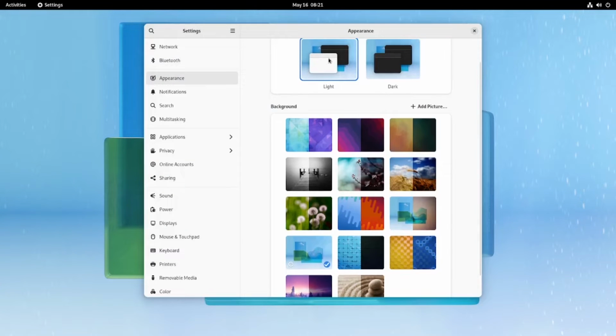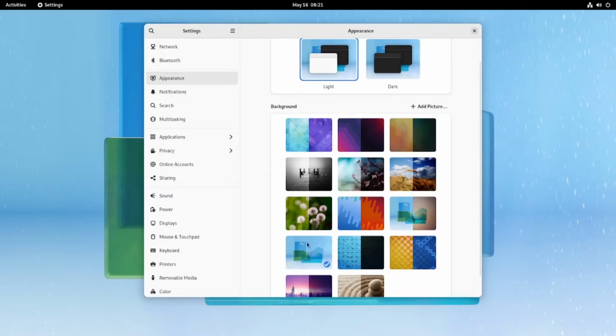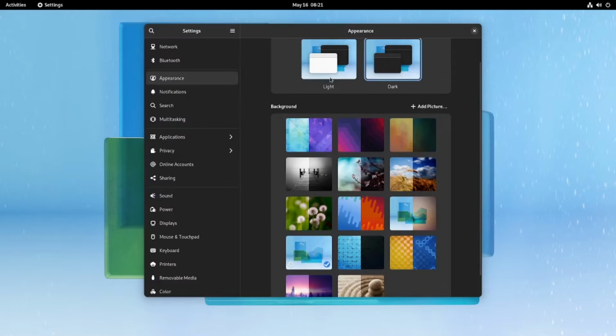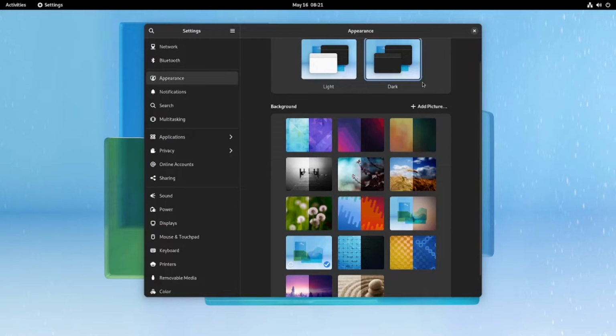Is there any difference? So if the background has no left side or right side, there will be no difference when we click the light or dark. So if we click the dark style, it will change the window too.